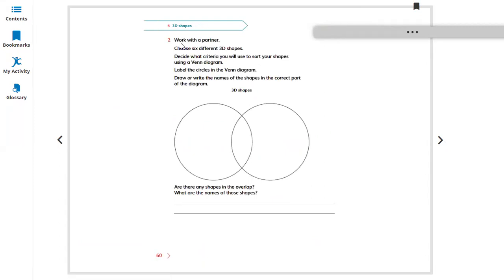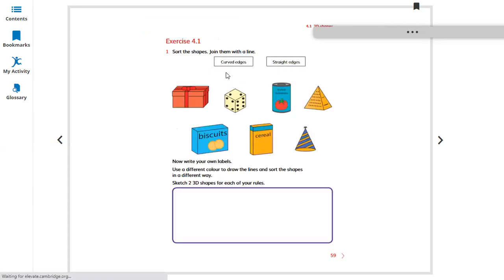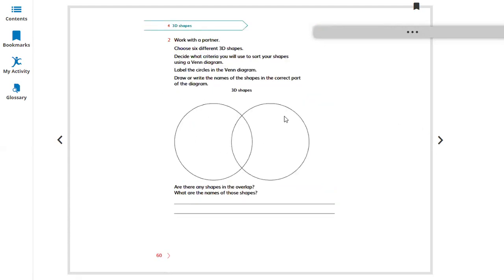Choose any different 3D shape. Decide what criteria you will use to sort your shape using a Venn diagram. Label the circle in the Venn diagram. Draw the same thing here. You can use two headings, curved edge and straight edge. In the curved edge, you write the name here, and in the straight edge, you write the name